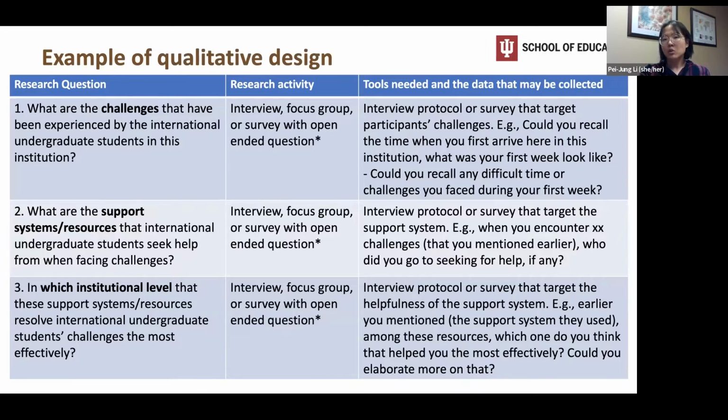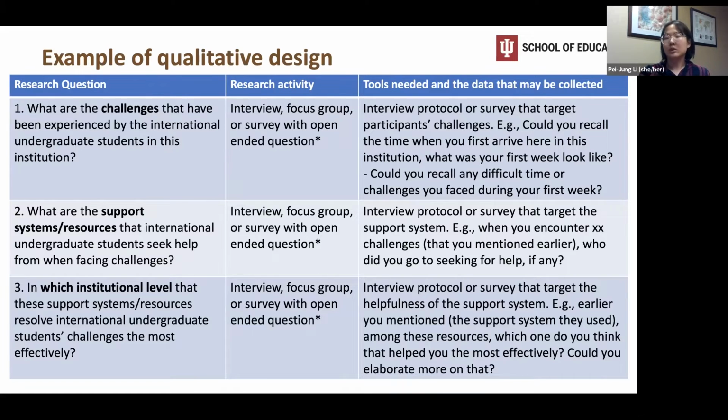And this is actually one of the tables which some of the faculty call a smart table, but I generally just call it a table. I really like to use it when you communicate with your advisor and mentor, in a way that it lists out your research question and your research design or the activity you want to carry out. And in the last column, instead of the tools needed or data collected,